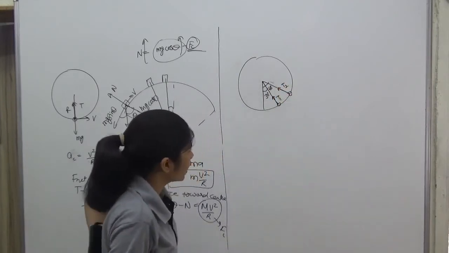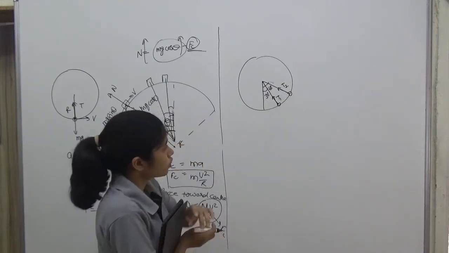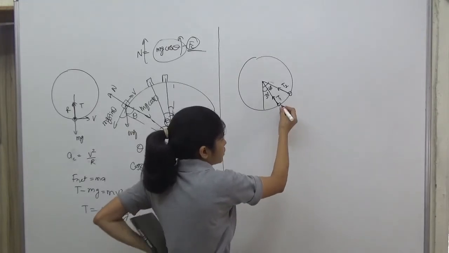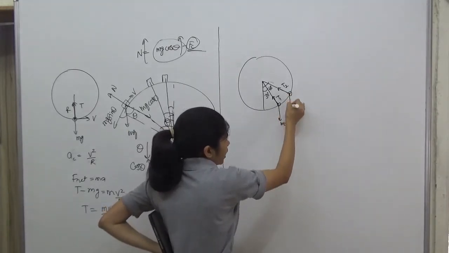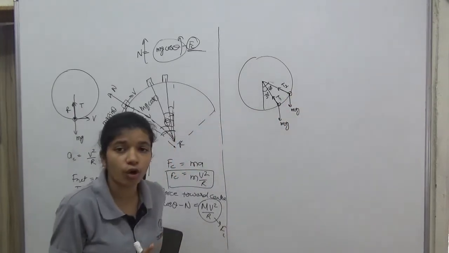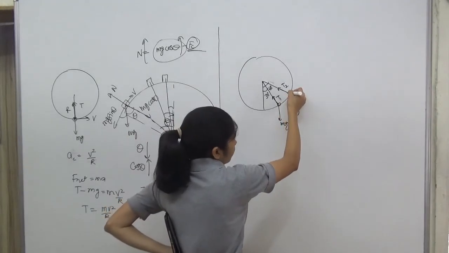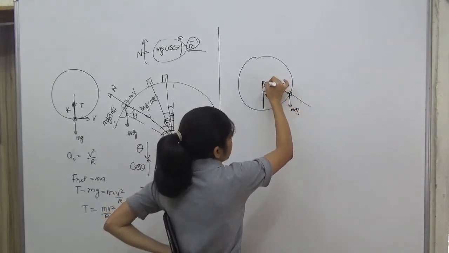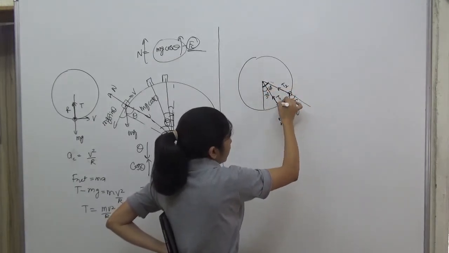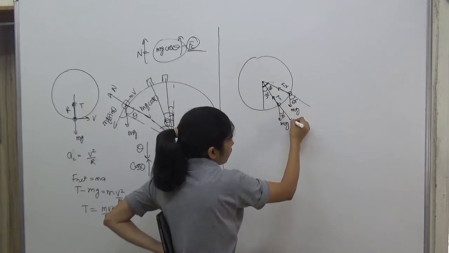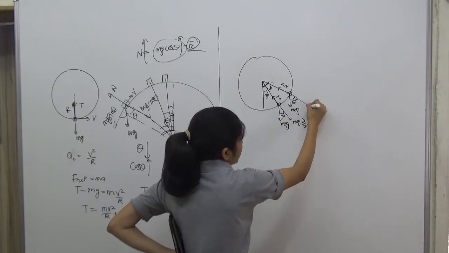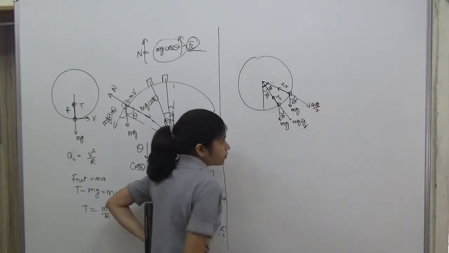Now if we calculate the centripetal force, there are 2 forces acting on the object at any instant. First is tension, another one is mg. So here mg will be acting like this and on this mg will be acting like this. Now when we are calculating the force in the direction of center, we will take components of mg. This angle is 60 degree with vertical, so this will be 60 degree and this will be 30 degree. So here we will have mg cos 30, that is mg root 3 by 2, and here mg cos 60, so mg by 2. Clear?